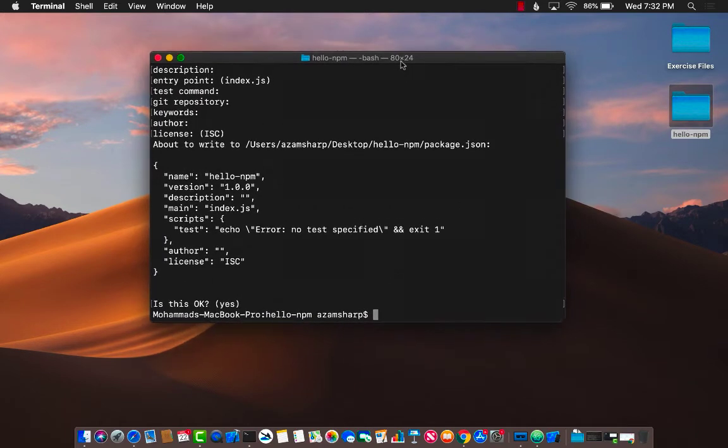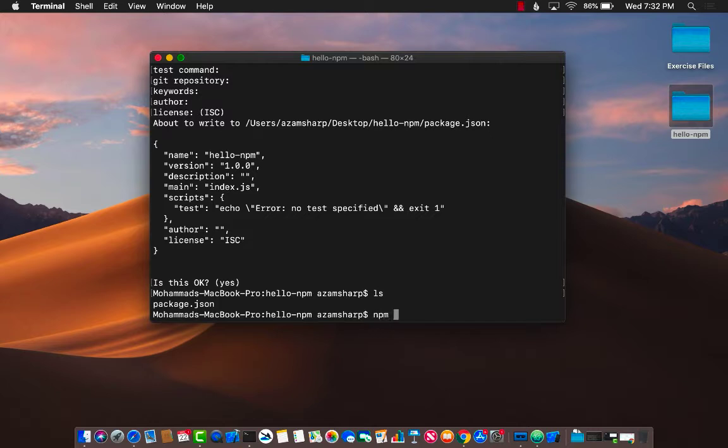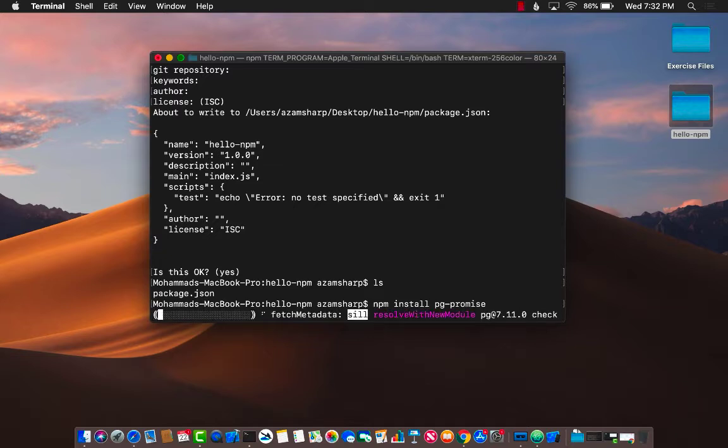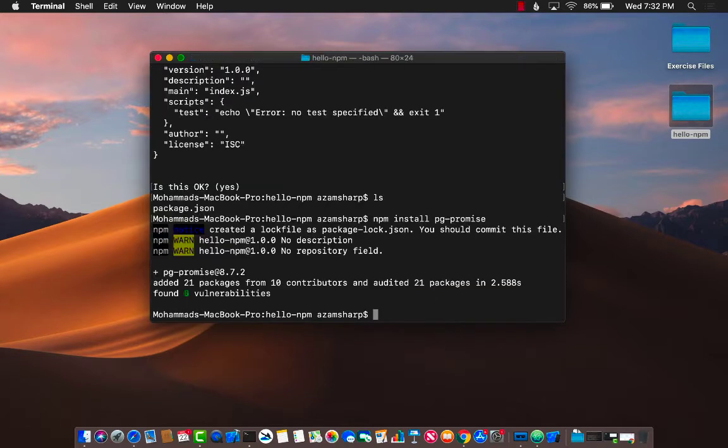We're going to look at it later when you are actually building your first Node application. All right. Now, if I want to install some packages, I can simply say npm install pg promise, and that's it. That's all I need to do. I don't need to go to GitHub or try to find a URL for that package and then download it and somehow integrate it. I just have to do npm install, which is node package manager install,